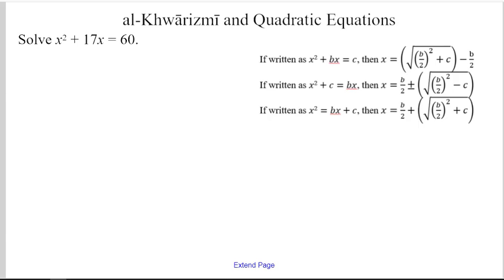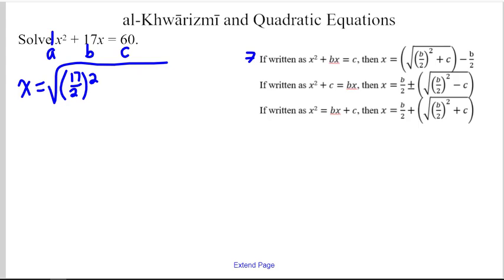So here is x squared plus 17x minus 60. If we look at the 3 most common, this follows the first pattern, where I have a coefficient of 1 for my a, I have a 17 for my b, and 60 for my c. And so I can now substitute those values in because my x value is already 1, and it's in that format. So I have the square root, the quantity 17 halves squared, plus 60, and then that's going to subtract